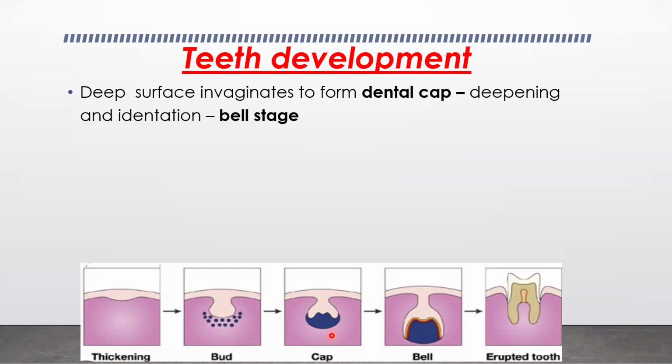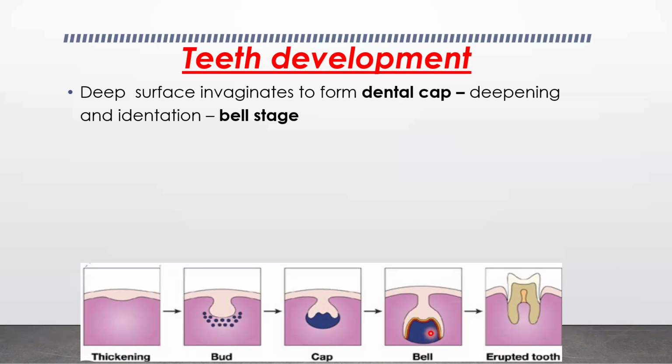Invagination means we have this part going up. So this part going up is an invagination, and then the outer peripheral parts have indentations. When you have indentations, you will be in the bell stage, but when you have invaginations, we form a dental cup. So we started with dental lamina, bud, then you go to cup,